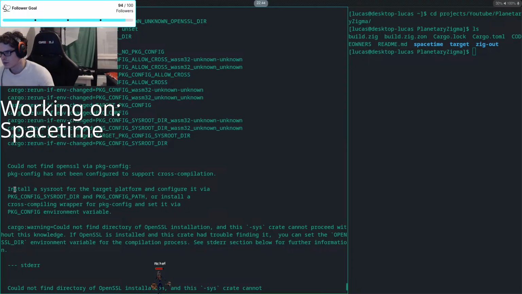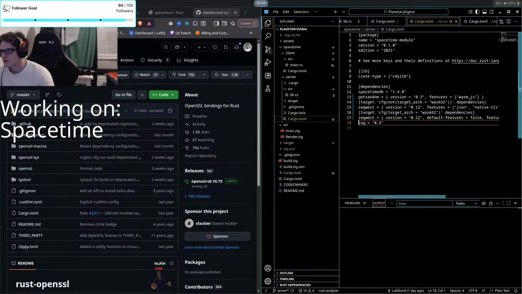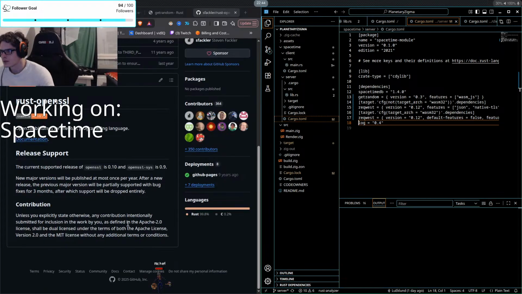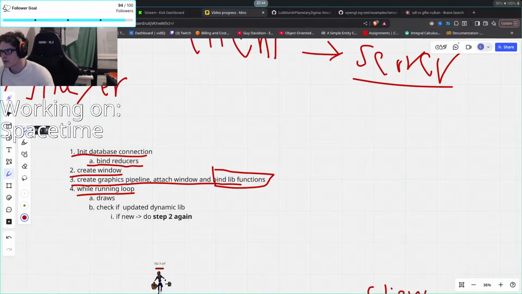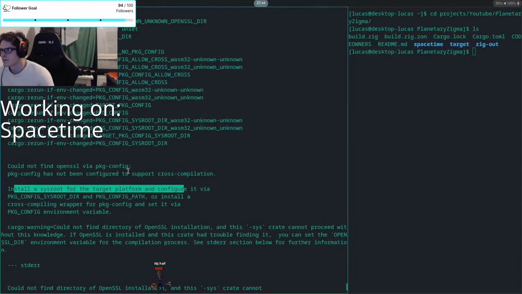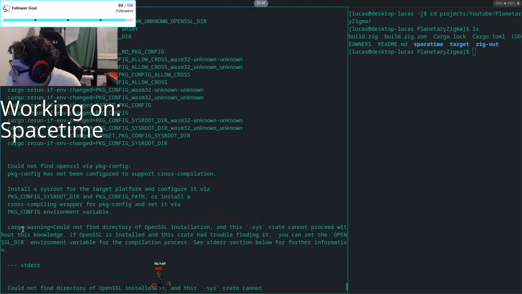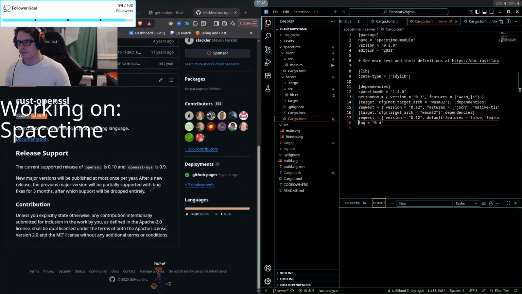Not openssl, conf install. What is this? Ah, my eyes. Still the error returned via cargo, not finding a direct OpenSSL installation, and the build cannot proceed. No. Okay.